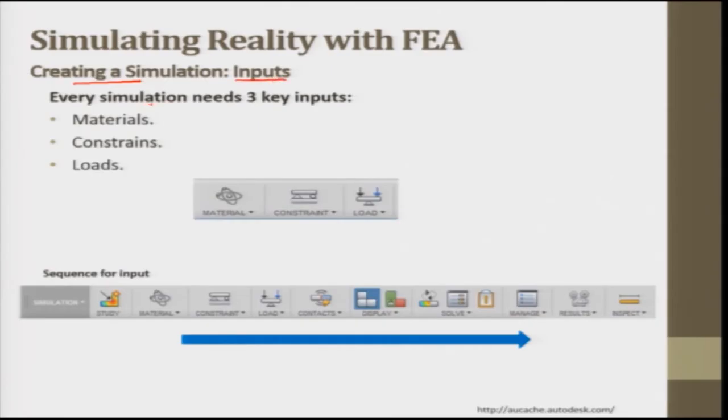Every simulation needs 3 key inputs: materials, constraints and loads. In this software, these 3 inputs are laid out one after another. It is giving everything in a sequential order in this specific Fusion 360 software. First we need to put what study we are going to do, then what material is there. After selecting the material, we can put the constraints that we need to identify, then what are the loading conditions,